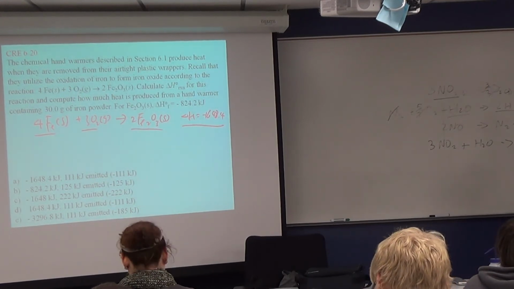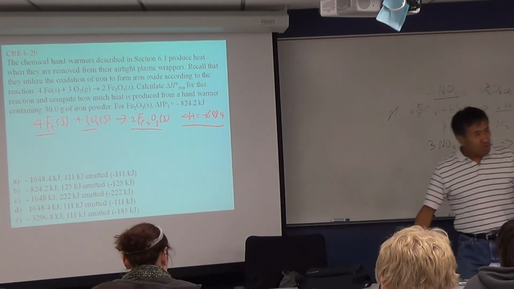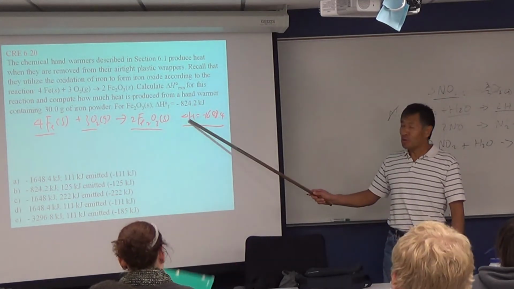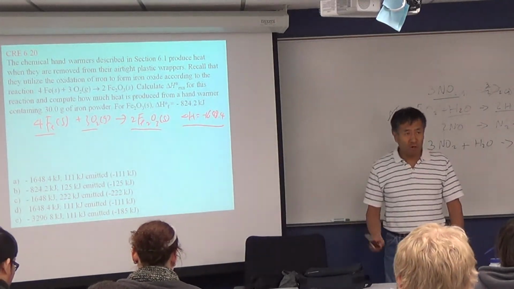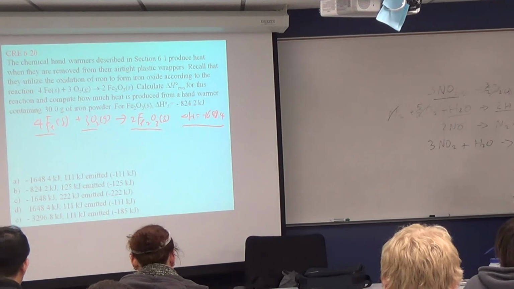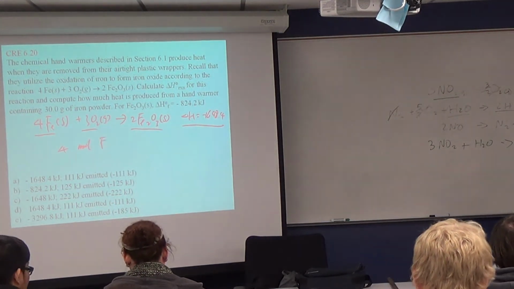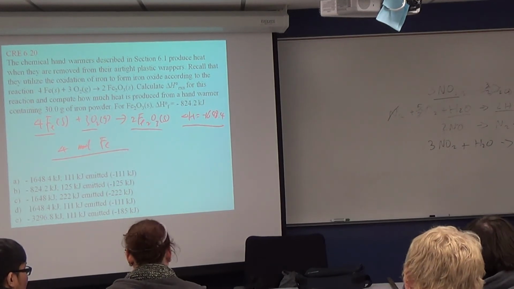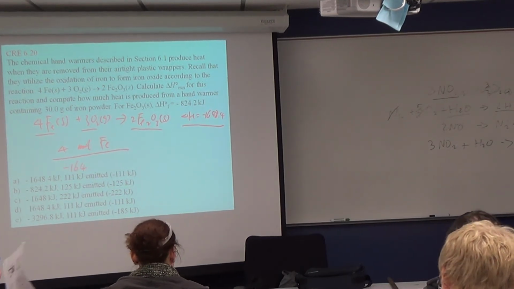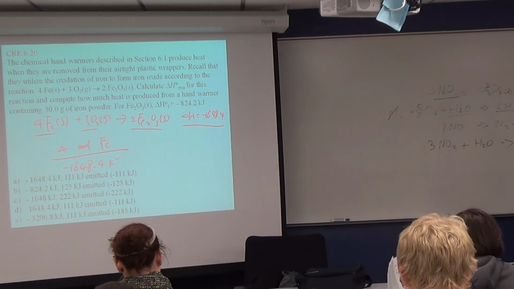Okay? Understand? So you know how to get this number, right? You know how to get this number. Yeah. So once you have this number, you can add them together. That means you will get the equation. You will get 4 moles of Fe over negative 16 for 48/4 kilojoules,